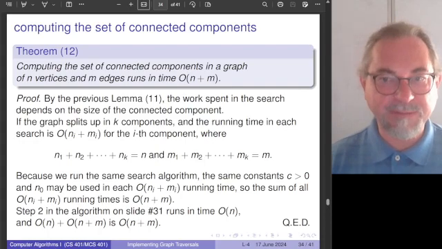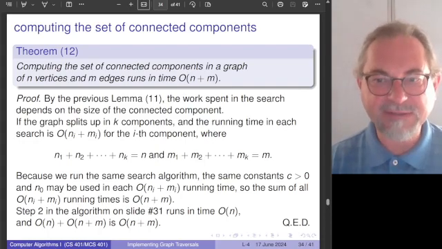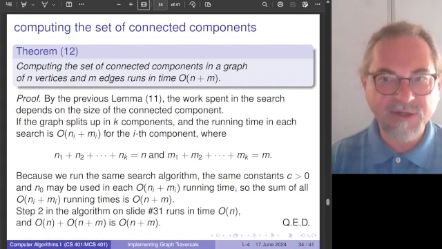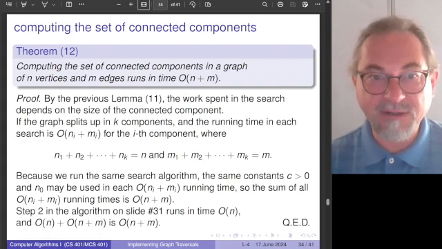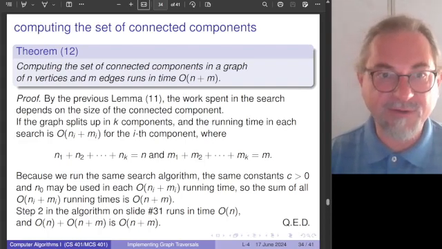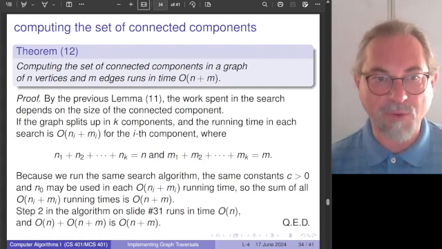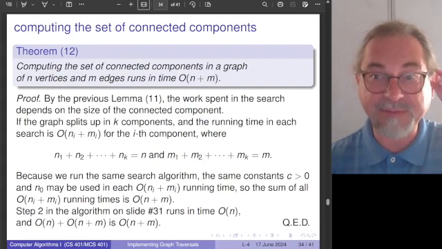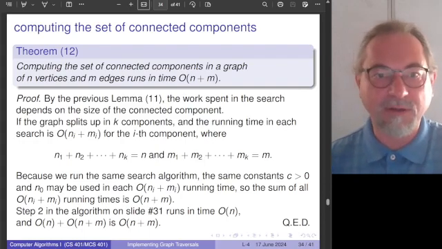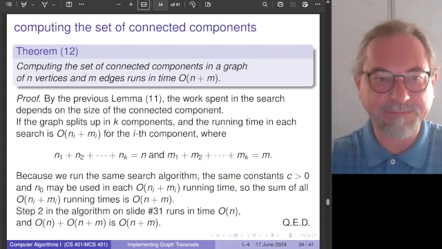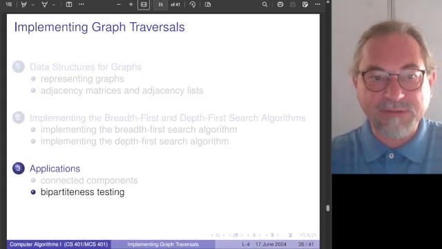Okay, so this is an important analysis that shows that computing the set of connected components, or computing the number of connected components, can be done in time linear in the number of edges plus the number of vertices. Okay, so the second